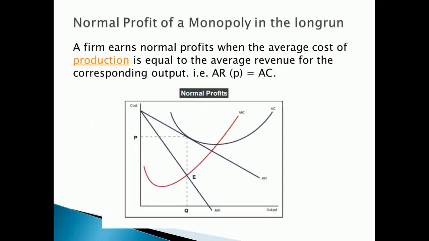Oligopoly. This is a market situation in which a firm bases its market policy in part on the expected behavior of a few close rivals. Now, usually, oligopoly occurs when a few firms dominate the market. So when there are a small number of competing firms, maybe between 2 and 10, dominating the entire market, then their market decisions can exhibit a very strong mutual interdependence.